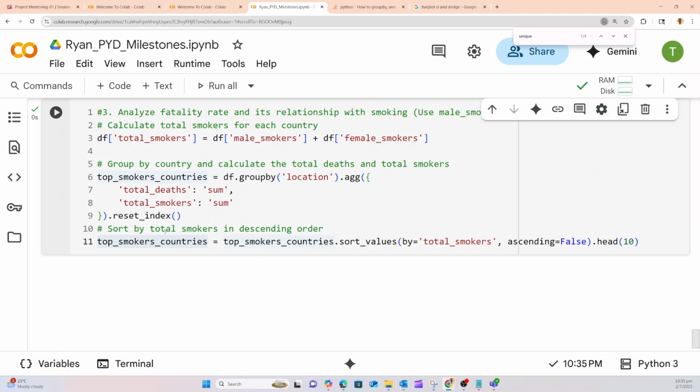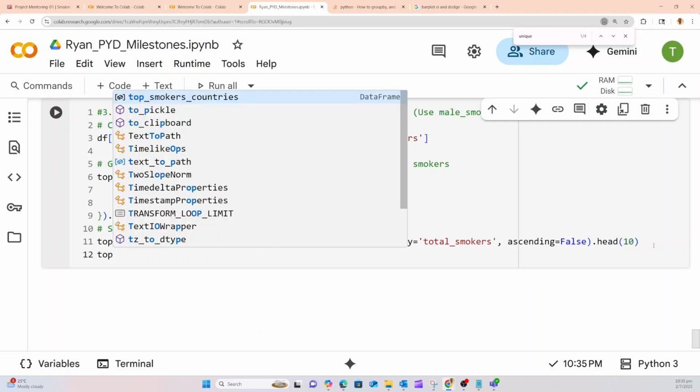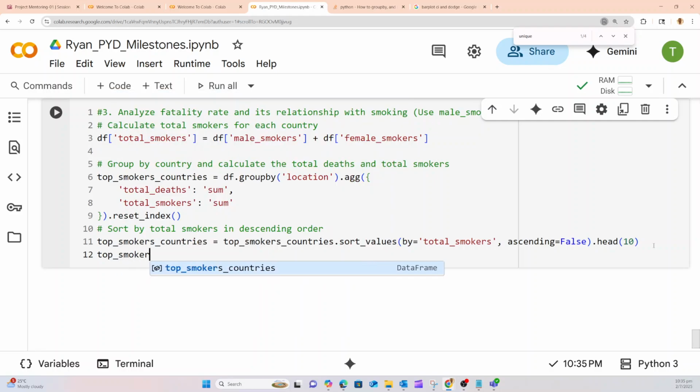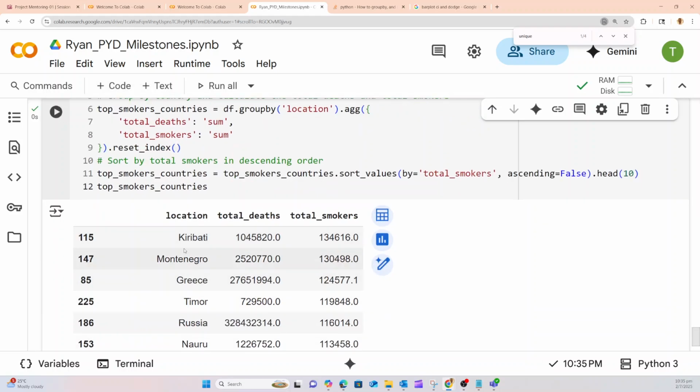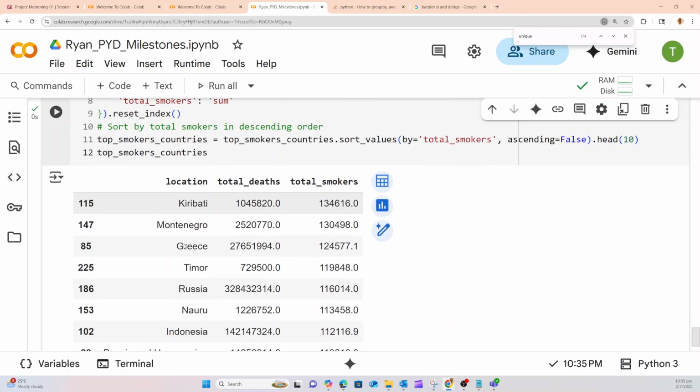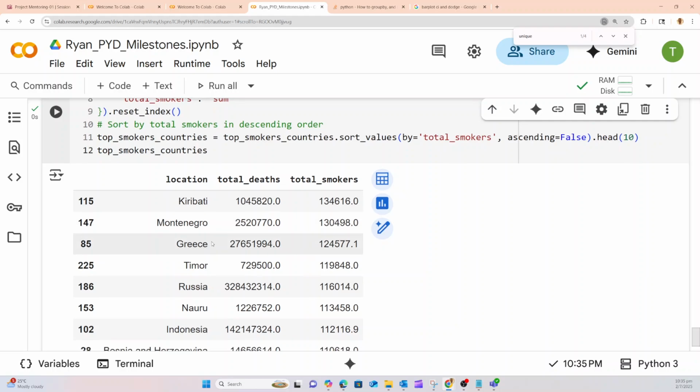So display the top smokers list. Run, then we will see. I never heard of this country, Montenegro, Greece.